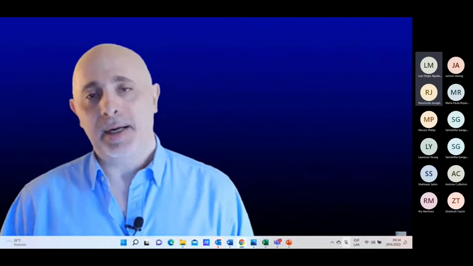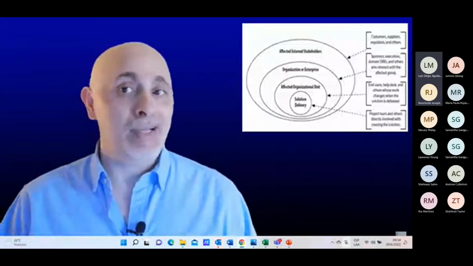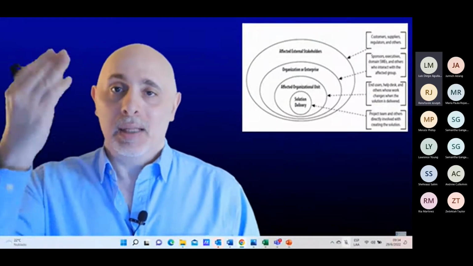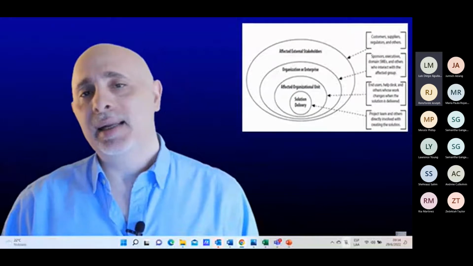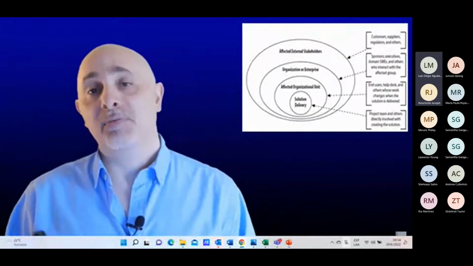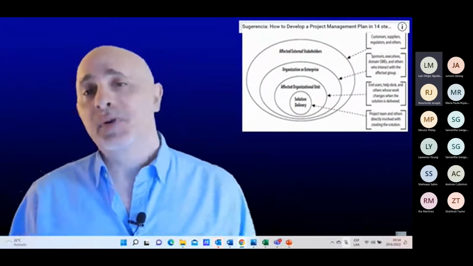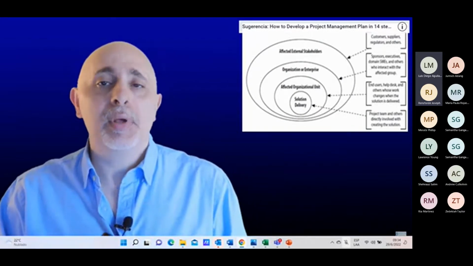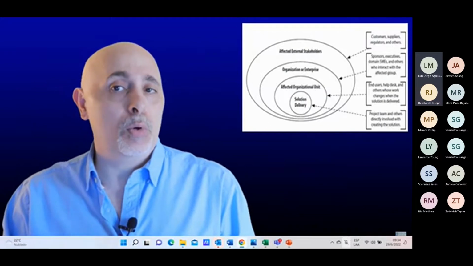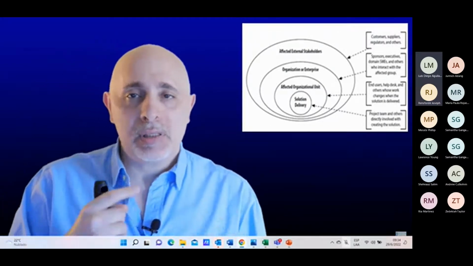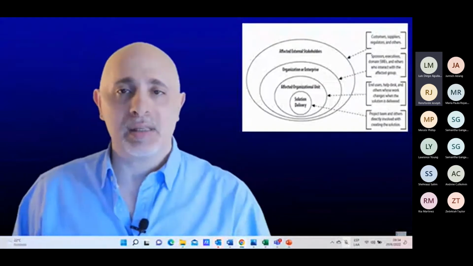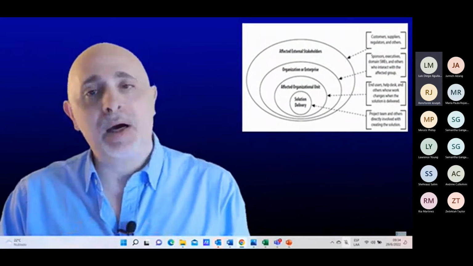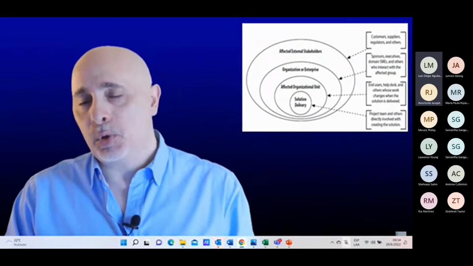Another tool that we use is called the onion diagram. Yeah, it has a funny name to it and maybe a bad smell, who knows? But what the onion diagram represents is the circles that you'll get if you were to slice an onion. And it shows you the level of involvement of different stakeholders. So if you think about any initiative that you're working on, start from the heart of it. Think about who is involved in the work, like the project managers, the business analysts, the technical resources, developers, construction people. So think about the people who are actually doing the work from the heart and try to identify those